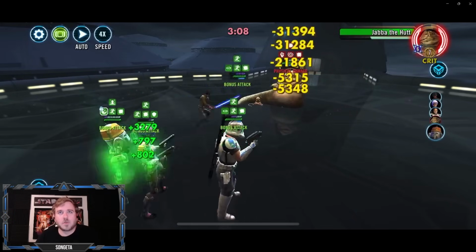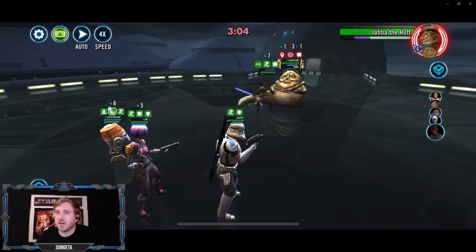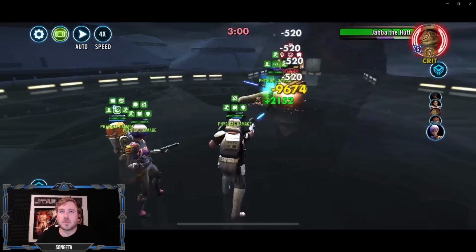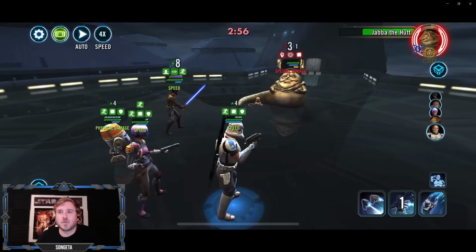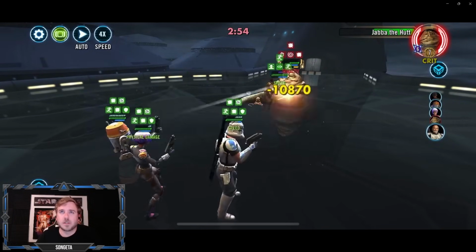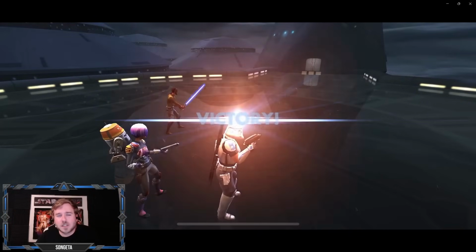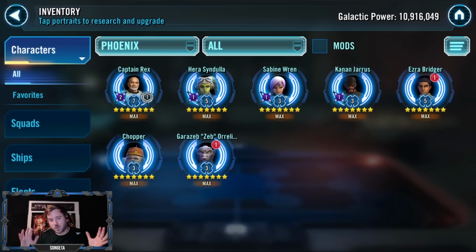Goodbye, Embo. Keep spamming the specials. We lose a little bit of a step without Hera because we're not getting an extra 20% turn meter from doing our specials. But she's kind of the least impactful in terms of what their specials do and the assists. But yeah, just ripping through them in just over 2 minutes. Crazy. So now that we've looked at what these guys can do in the end game with the right setup,